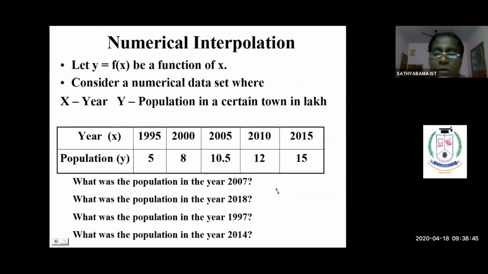Okay. So here the common difference is always denoted by h, and in this example the value of h is 5. So whenever we have equally spaced x values, then for that data set I need to work out interpolation using a certain set of formulas only. The second case is, suppose the successive values of x are not equally spaced. In that case, we are going to work with a different formula.